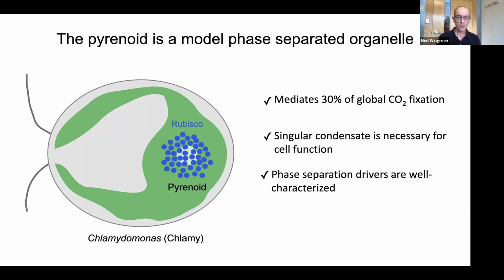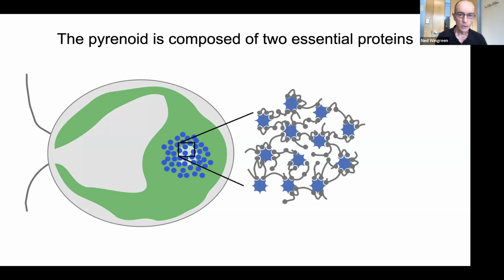It has the advantage that, thanks to Martin and others, the drivers of this phase separation are well understood. There's this enzyme rubisco, which is sort of these spherical rigid objects, but those are held together by an intrinsically disordered protein called EPYC1 that has multiple binding sites for the rubisco. The rubisco by symmetry has 8 binding sites for the EPYC1, and so they phase separate when you put them together. And so that's what this looks like, of course, very schematically, that each rubisco could be interacting and bound